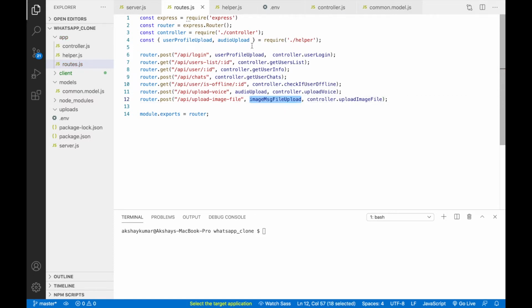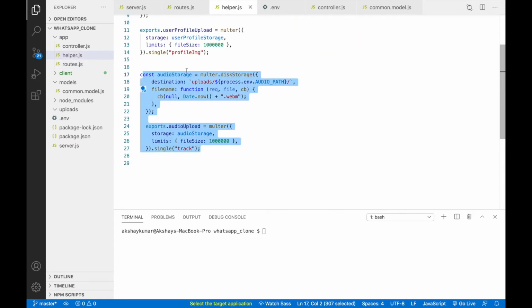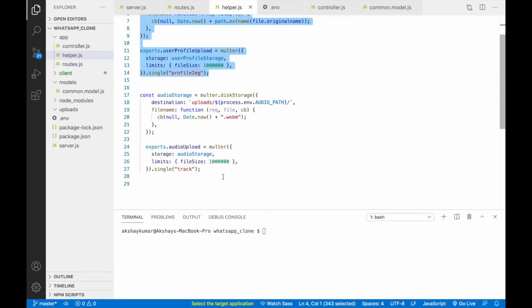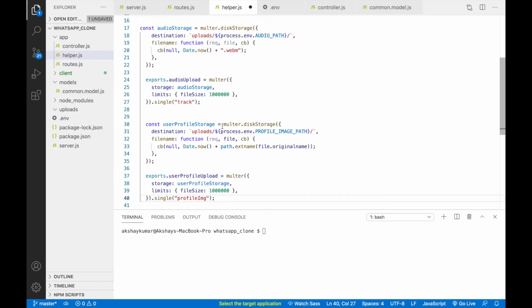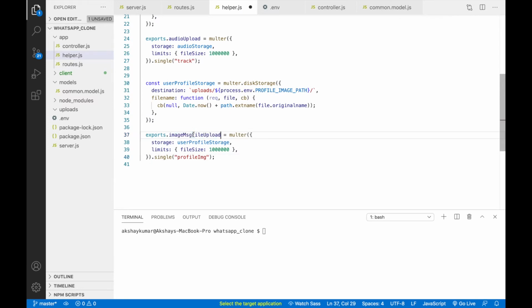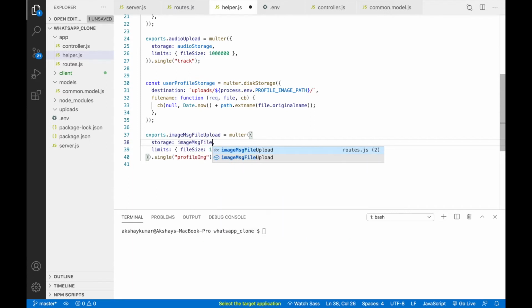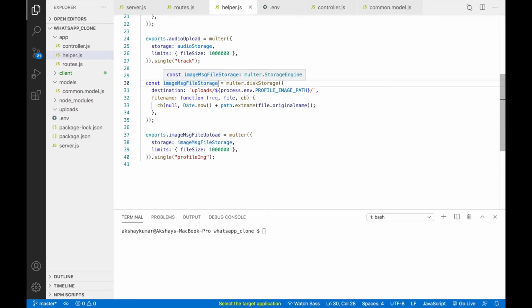Same thing we have to pass here, or maybe I will copy this one. So same thing we will copy one more, right? I will just rename this one, and here we'll write imageMessageFileStorage. Okay, and I will rename this method also.